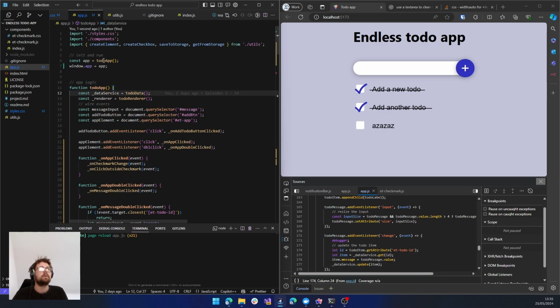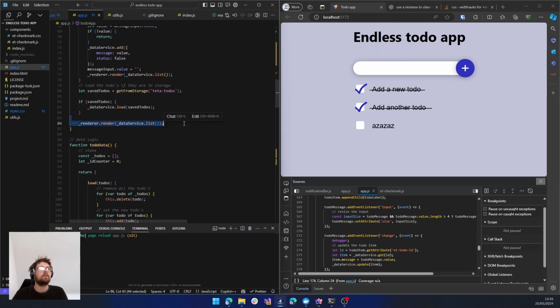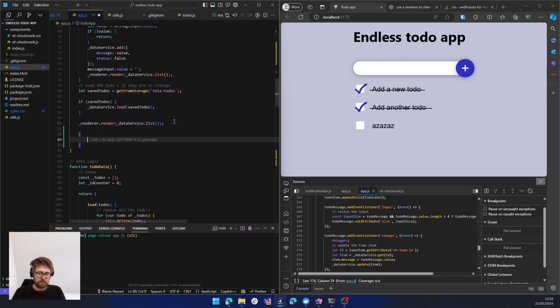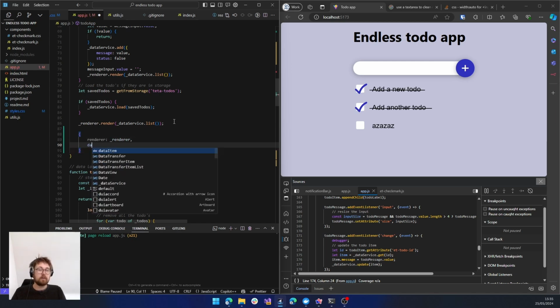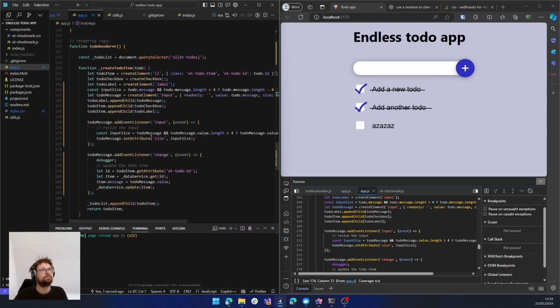But right now, to-do app doesn't return anything. So I will return the context of our to-do app like that. Call it data service. Okay. We will return this, and now